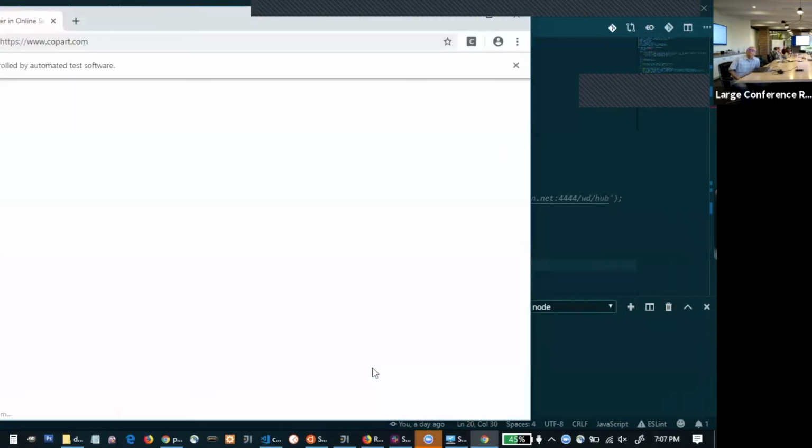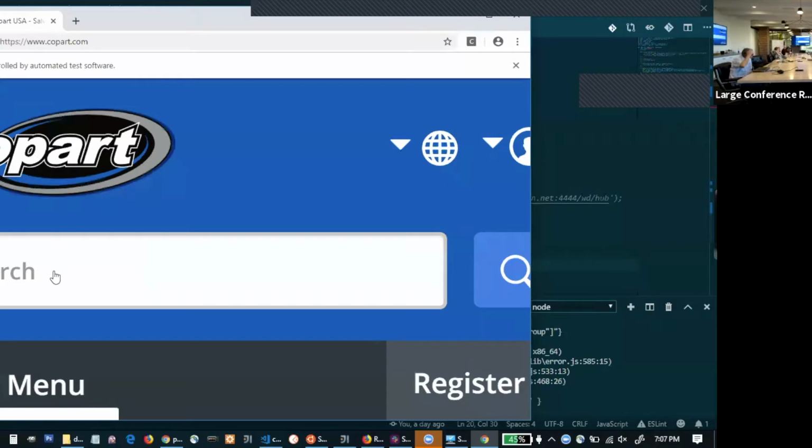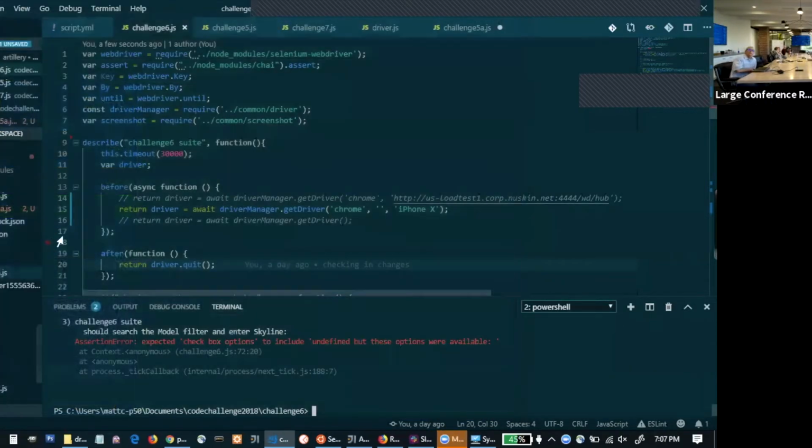Now it's going to start the site in a mobile view. If the Copart site was actually designed correctly, using shared reference pointers like this right here, that search would work. But unfortunately, they actually use different IDs. So remember, our code was supposed to search. So if I change this